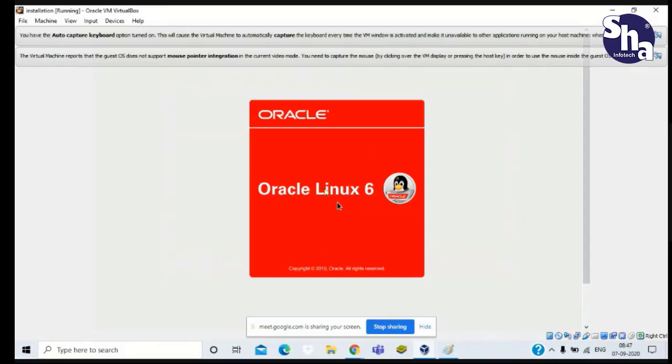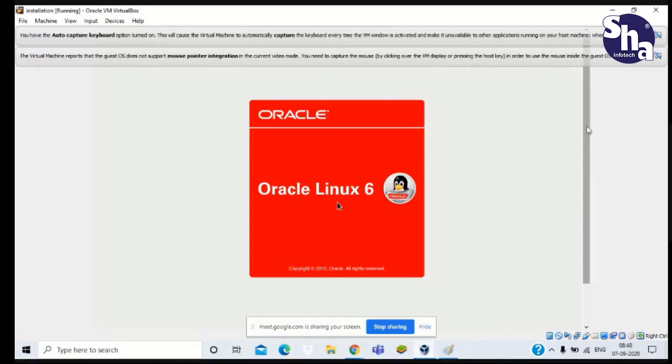Let me introduce you to these cursors. This black cursor is for the Oracle Linux platform, and our white cursor is used for Windows OS.